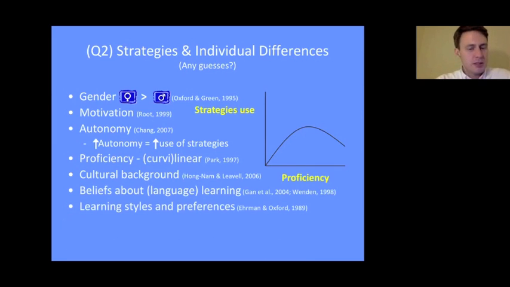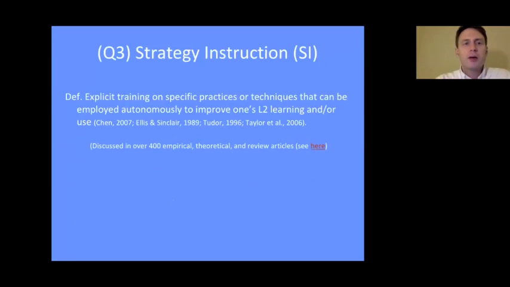Learning styles and preferences, sure, the general approaches that learners take to learning language, those will impact their strategies. Different tasks, different contexts as well, right? In second versus foreign language environments, learners are going to use different types of strategies. Okay, so on to the third and I think most interesting area in the realm of strategy research is this